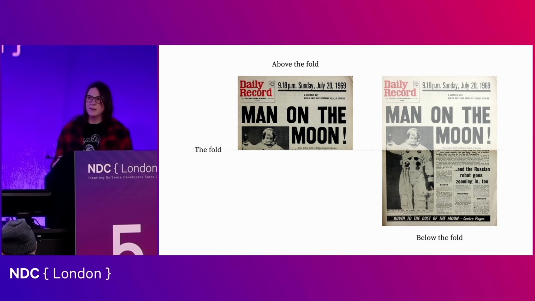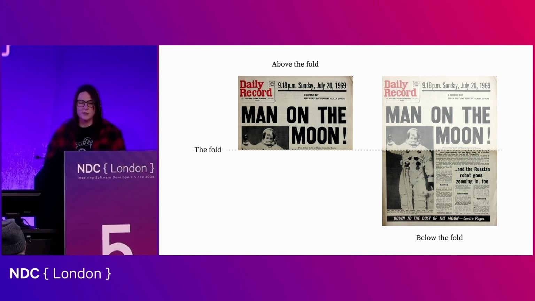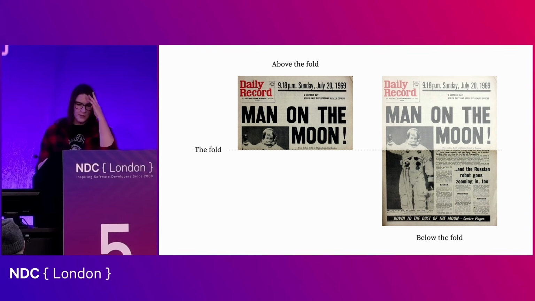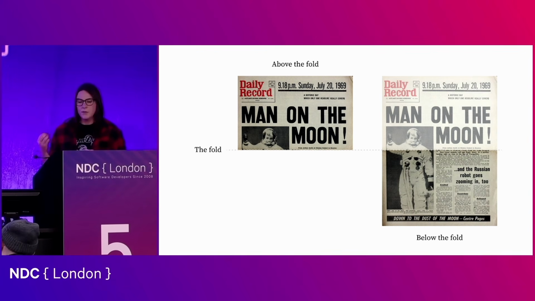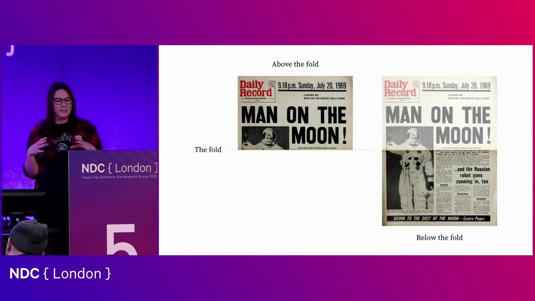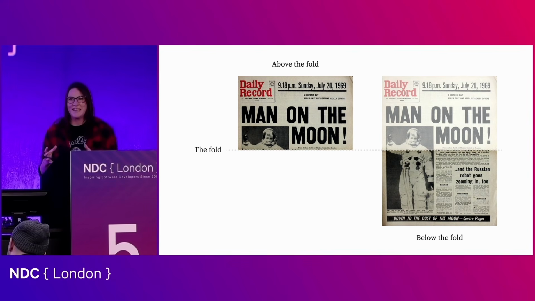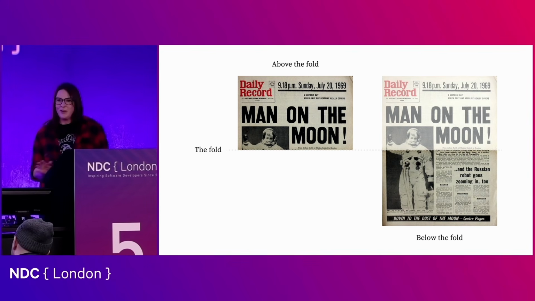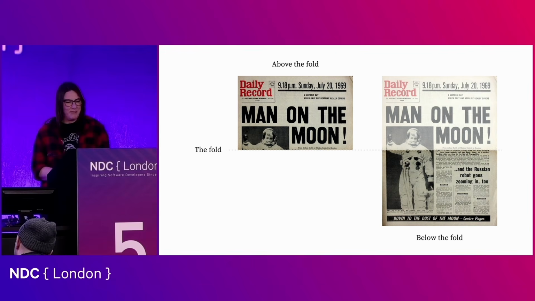It's not quite as clear-cut for digital use, especially due to the different screen sizes that we use, but generally, the term above the fold gets used to describe that first visible view of a screen. And sometimes we see lots of information crammed into this in the hopes that users are going to take it all in. That is not how users scan.